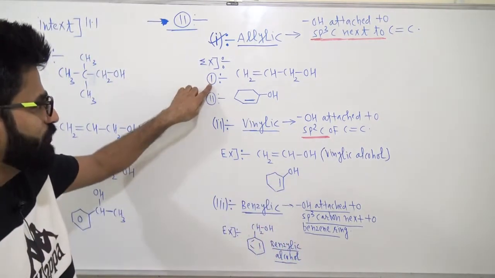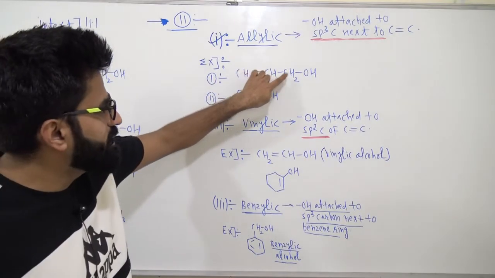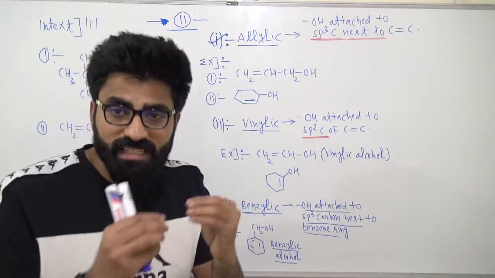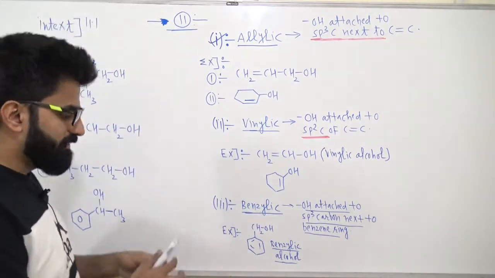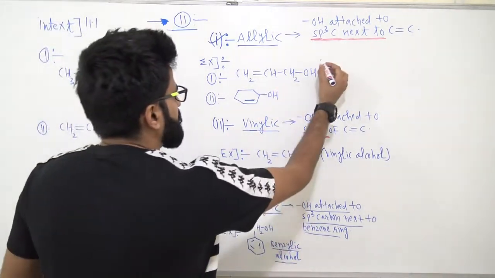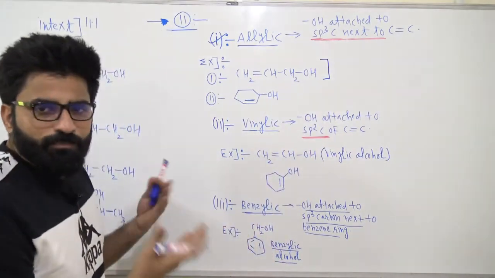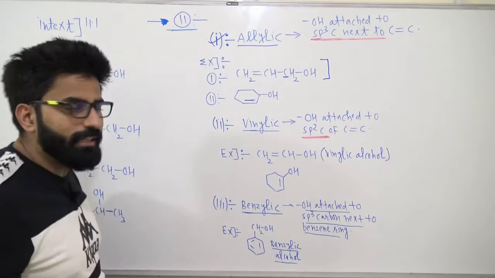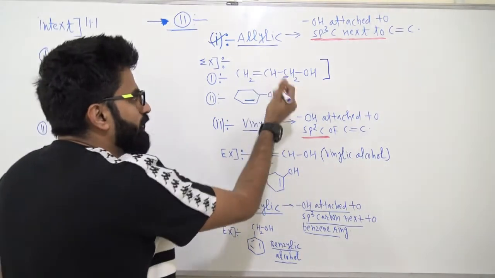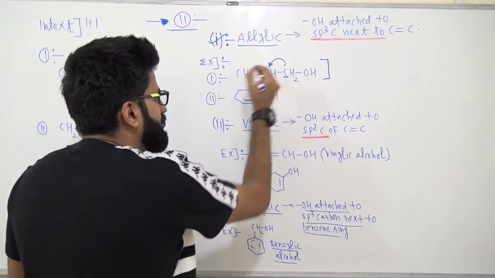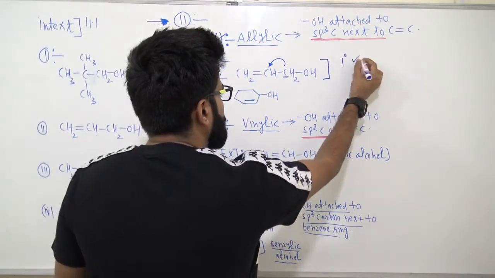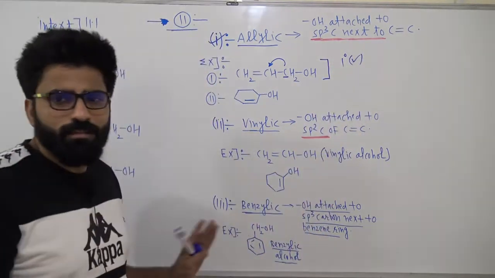So let's take one example. Suppose I'm asking you CH2 double bond CH, CH2OH, what type of alcohol it is? Suppose I'm asking on the basis of degree first. So can we identify degree? You are like, very, very simple sir, degree we can identify easily, right? So to this carbon OH is attached, right? Now check, this carbon is attached to how many carbon? Then you are like, sir, this is attached to only one carbon. So your work is done. This is 1 degree alcohol. Okay, so this first type of classification is over.